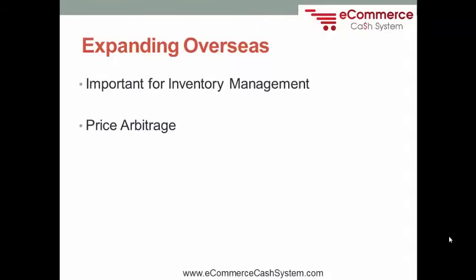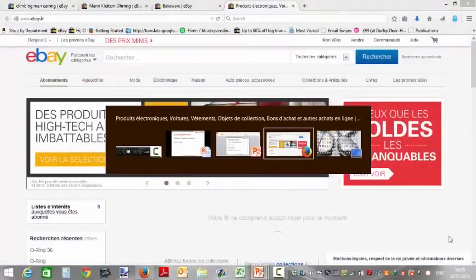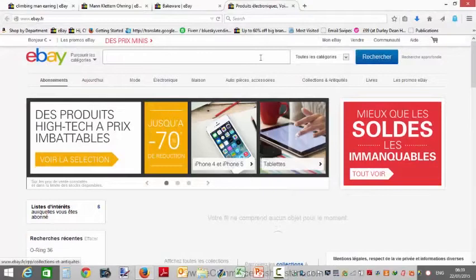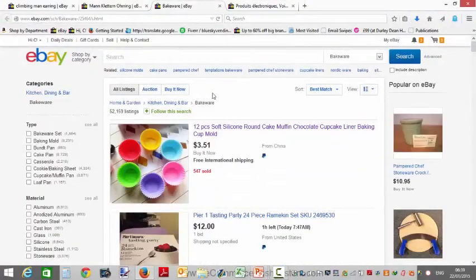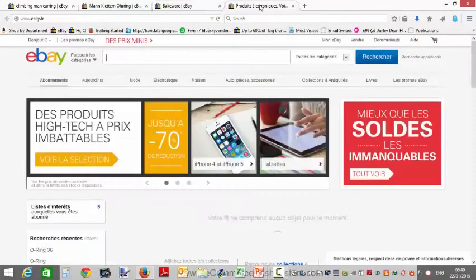If you remember, previously we checked bakeware in ebay.com. So let's have a look again at that one. And if you recall, we looked at that listing here of the silicone cupcakes previously in ebay.com. So they're selling for $3.51. So we go into eBay France and we key in silicone